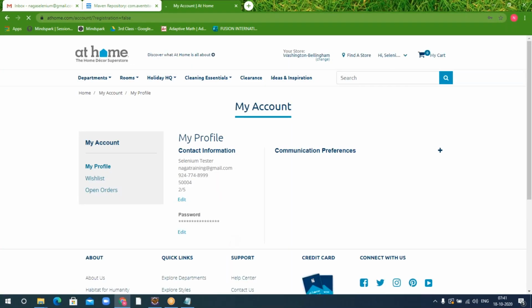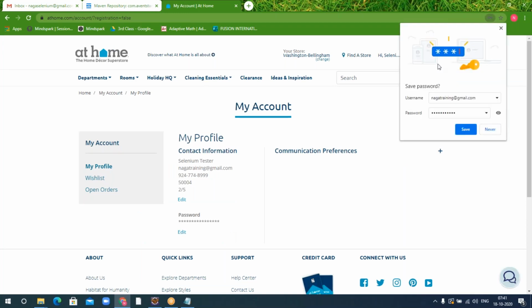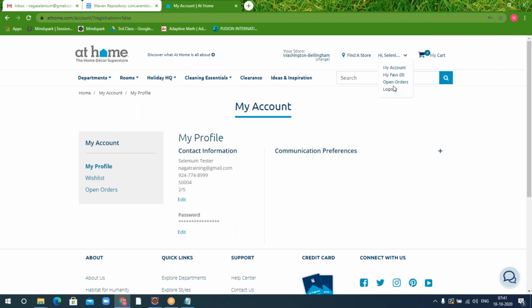Okay, I logged in. I just wanted to log into that application and log out of the application. So in order to do the logout, I just need the mouse over and do a logout. That means we need one more command, that is mouse over. We'll write it later.